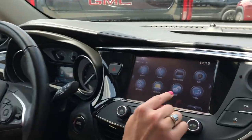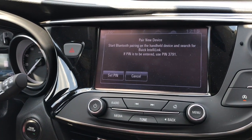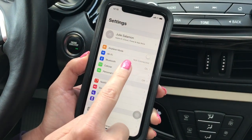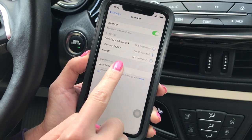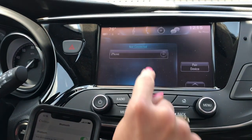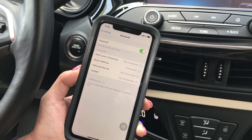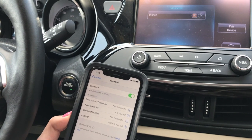Okay, so just to show you, we're going to go ahead and go over to the screen and we're going to hit phone. We're going to hit pair device. Now on your phone, you're going to get into settings. You're going to hit Bluetooth. And you're going to see this little Buick Intellilink or GMC Intellilink pop up. You're going to hit that, you're going to hit pair, and then you're going to hit yes up on your screen. You're going to hit OK on your screen, and then it's going to say allow contacts and favorites to sync. We're going to hit allow, so that way it'll sync over your contacts and